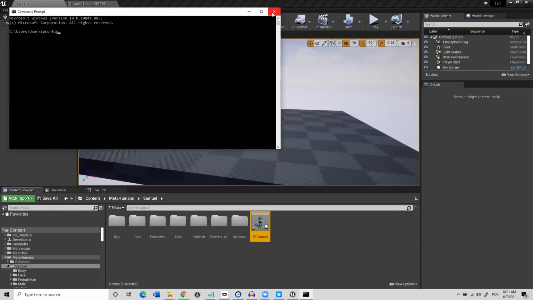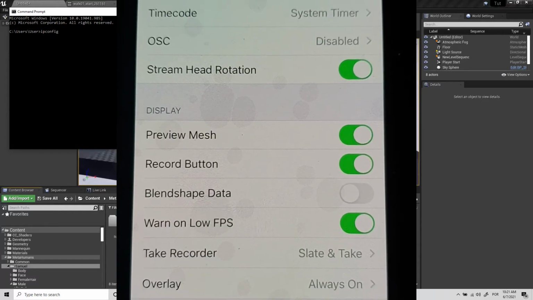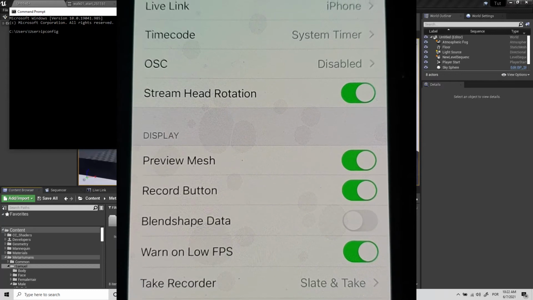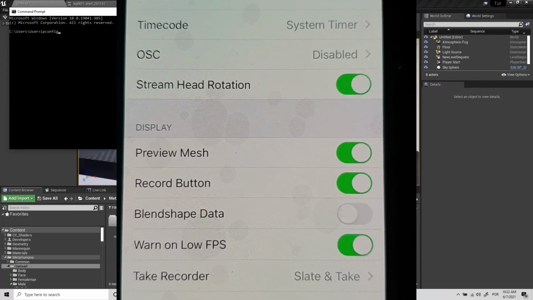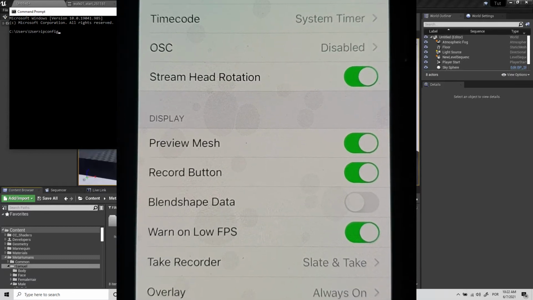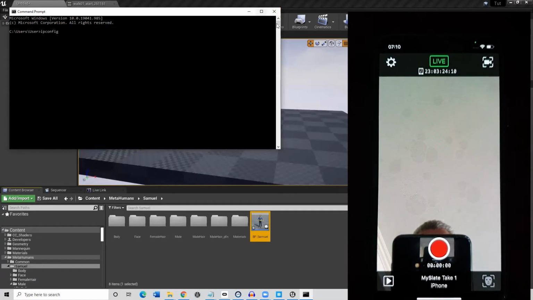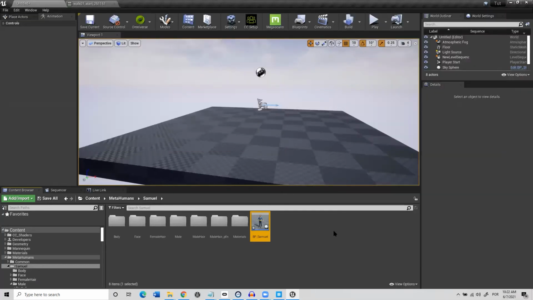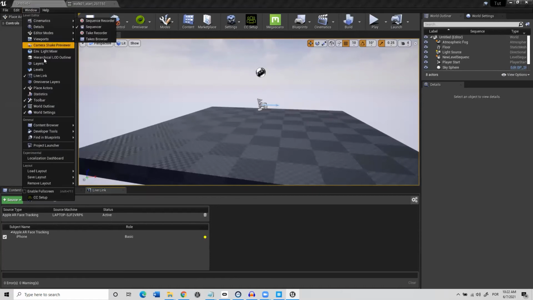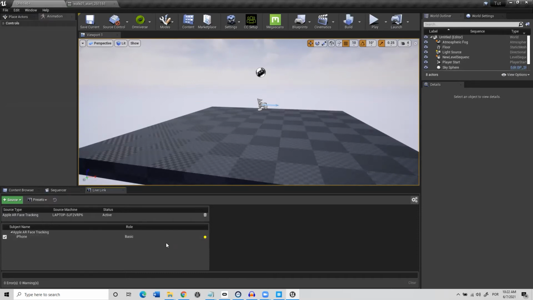So you go back into the settings again, and you have another option that you should activate called stream head rotation. You activate that too, and you'll be set to go, because we already had the Live Link plugin installed. So everything should be set. You'll see if it's okay by clicking here in the Live Link. It's this window. If you don't have it already, you go here and you activate this one, Live Link. Okay, and I have a yellow, and my phone is appearing here, so it shows that everything is okay. The yellow is because my face is not